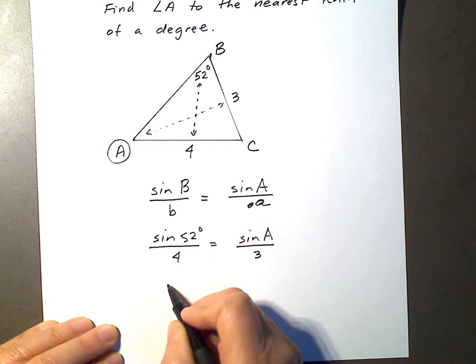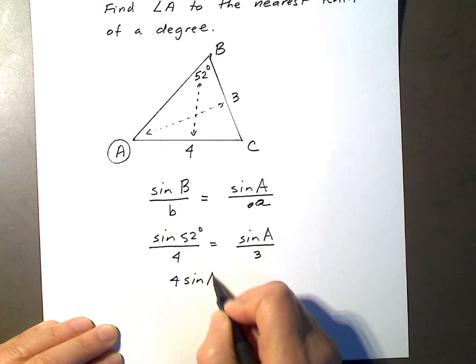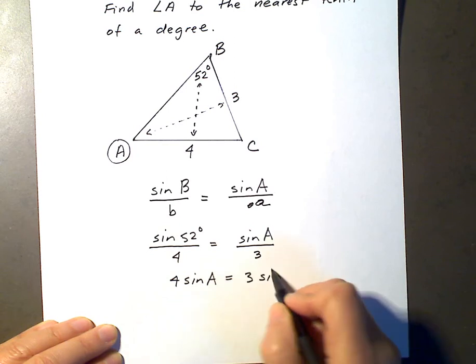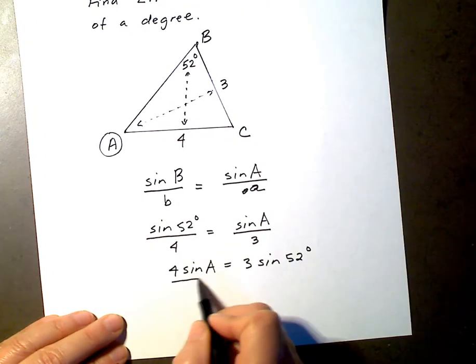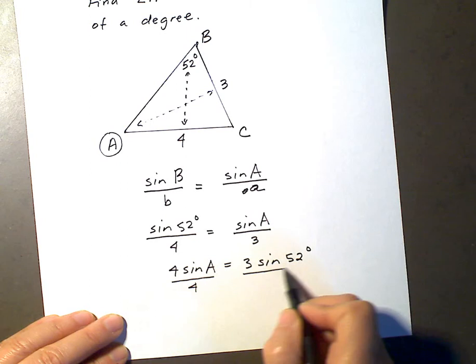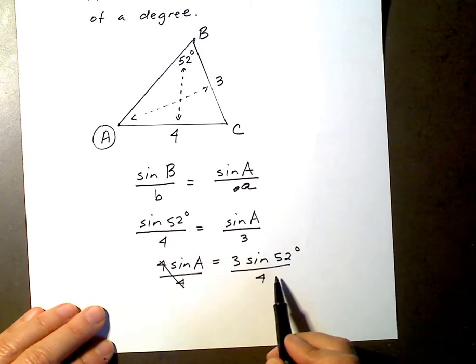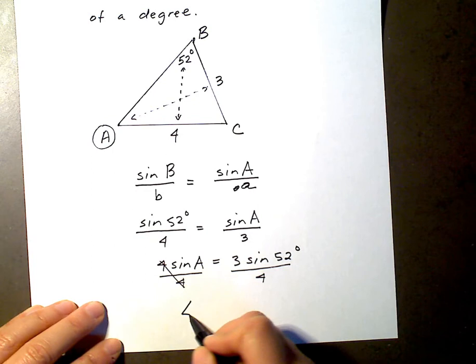Well, I'll go 4 times the sine of A first. Put that on the left. 4 times the sine of A is equal to 3 times the sine of 52 degrees. And dividing by 4 on both sides, I now have the sine of angle A is equal to 3 times the sine of 52 degrees divided by 4. And when I punch that into my calculator, I get that angle A,